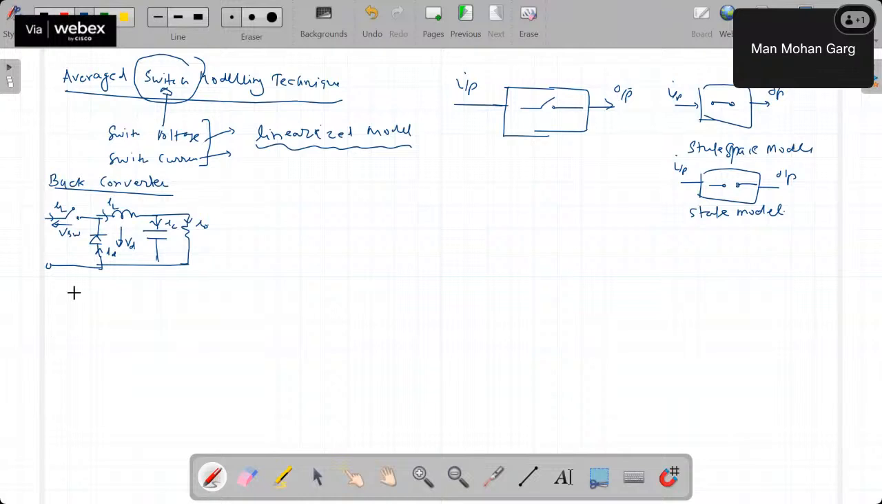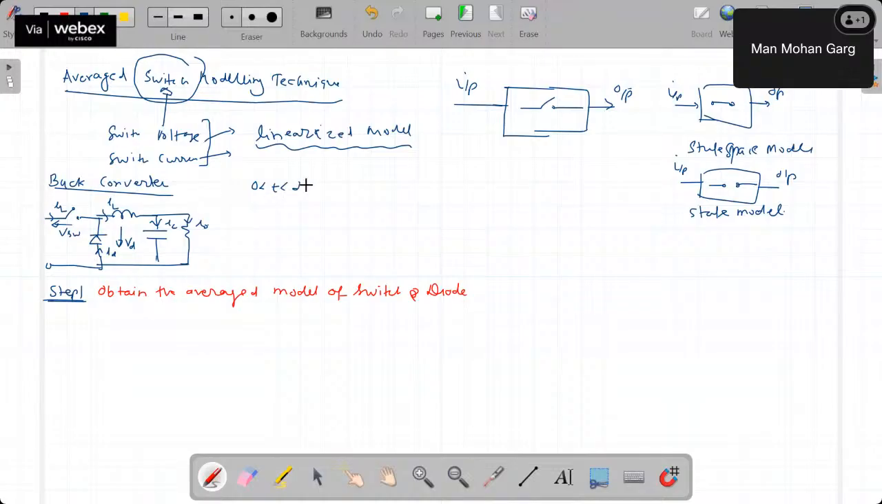In this case, step one is to obtain the average model of the switch and diode. So basically, a diode is also a kind of switch, so we consider the diode to be a switch. So what we do here: